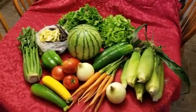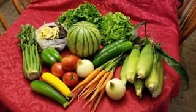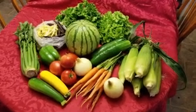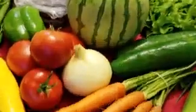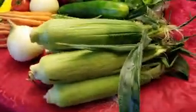Welcome to Box 9 of the Strawberry Hill Farm Veggie Box season. This is a really special time of year for the veggie boxes because of all the awesome things like sweet corn, cucumbers, melons, all these summer favorites. So, for what's coming this week, we have the Walla Walla sweet onion again, we have carrots, we have awesome